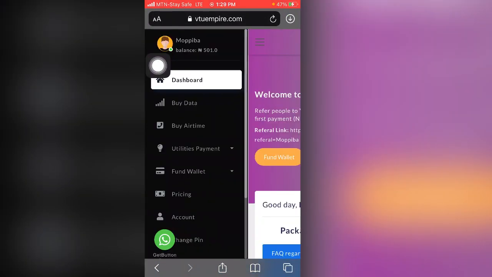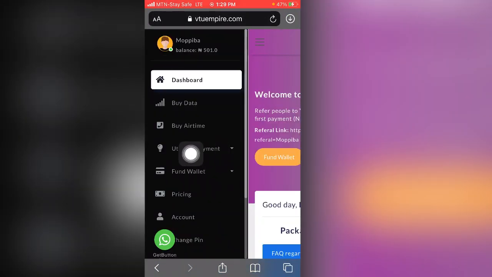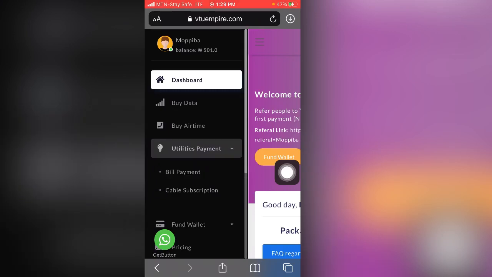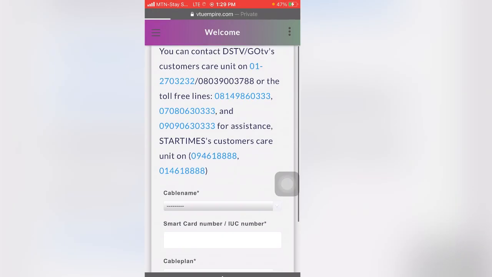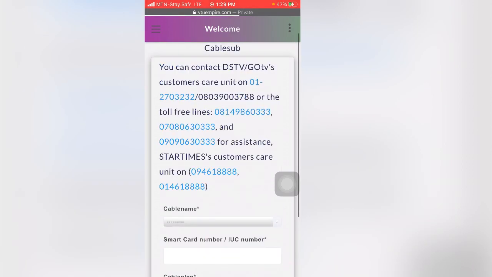And it's not only that. If you click right here, you will see other things. You can also do utility bill. You can make payment. You can subscribe for GOTV, for DSTV, for StarTimes, for people. So even if you are a stay-home mom, you can just get